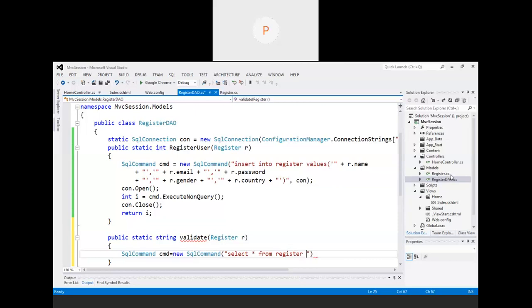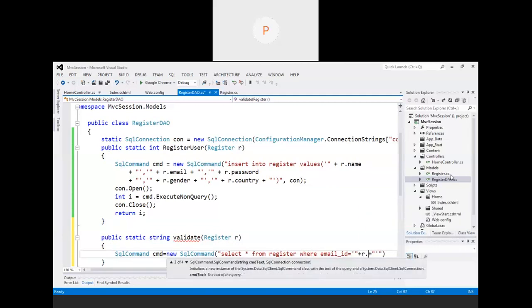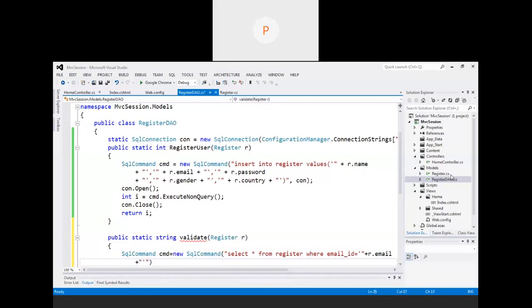where email ID equals r.email and password equals r.password, comma, connection.